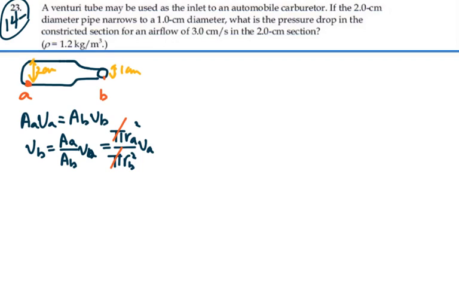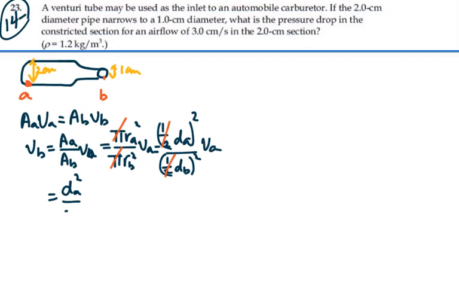Now the radius at A is half the diameter, so we're going to have that this is equal to half the diameter at A, all that squared, over the radius at B, which is half the diameter at B, squared, all this times the velocity at A. But the 1/2 squares will cancel top and bottom. So this is going to be equal to the diameter at A squared over the diameter at B squared times the velocity at A, which is